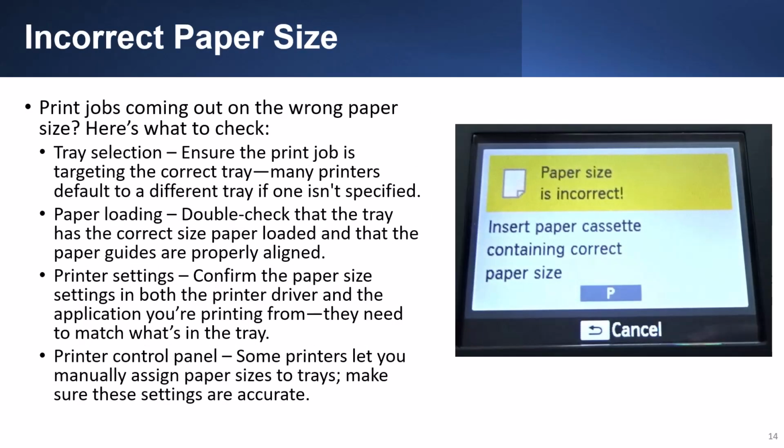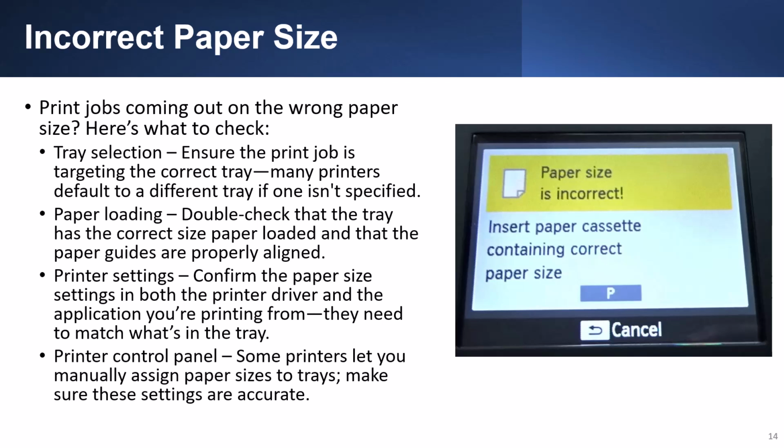Print jobs coming out on the wrong paper size? Here's what to check. Tray selection. Ensure the print job is targeting the correct tray. Many printers default to a different tray if one isn't specified. Paper loading. Double check that the tray has the correct size paper loaded and that the paper guides are properly